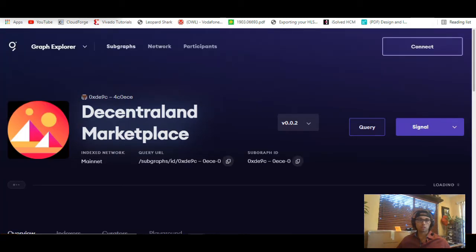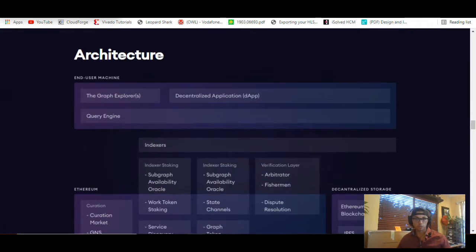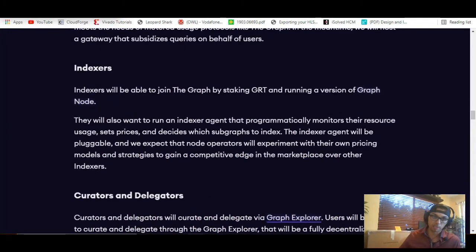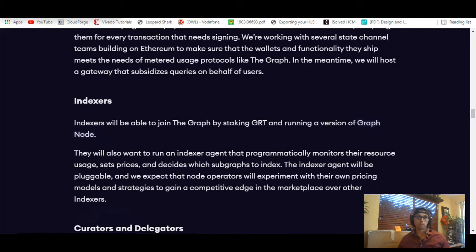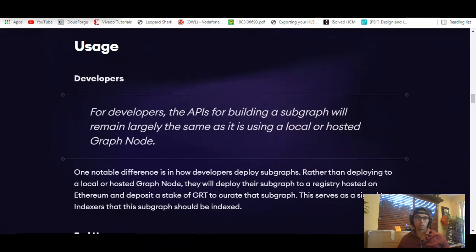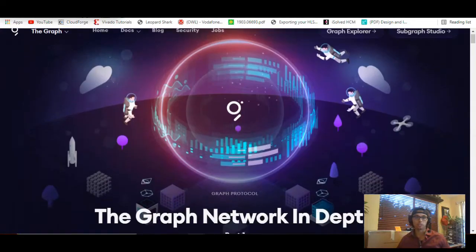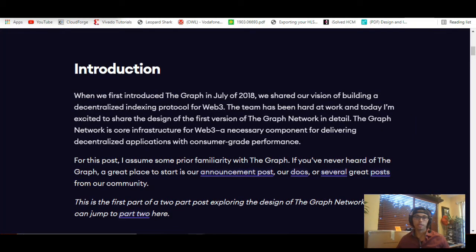All right, so let's get into the nitty-gritty a little bit. This is the in-depth documentation that's available on their website. All this stuff that I've showed you is available on the website. For The Graph, just go to the website, click on Docs, and then you should be able to find it. I'll link the URL in the video. So let's scroll through this in-depth documentation, and I'll point out some of the key